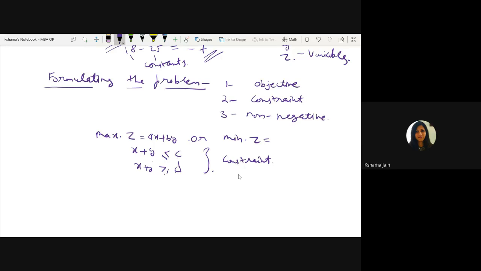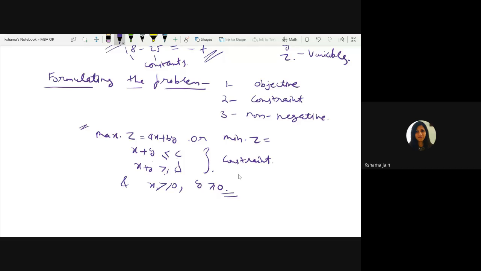So these types of terminology you should be clear about. These are the constraints, or you can say conditions imposed, if a less than or greater than is given. So the second part will be of our question format. Each question solution which we are formulating will come into this type of form. Maximum, that is the objective. Second will be your constraint, and third will be non-negativity. And in the last, we will be writing x is greater than or equal to 0 and y is greater than or equal to 0. So our answer of any problem will come into this form. Always remember. Okay. Understood up to here? Shall I take a problem or any doubt in any of the concepts?